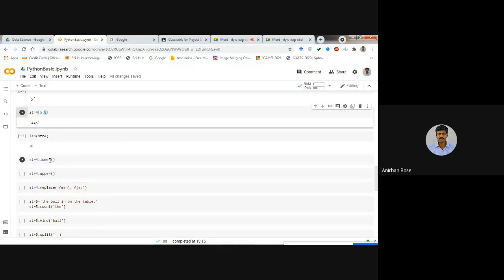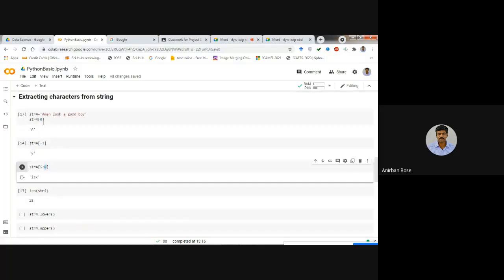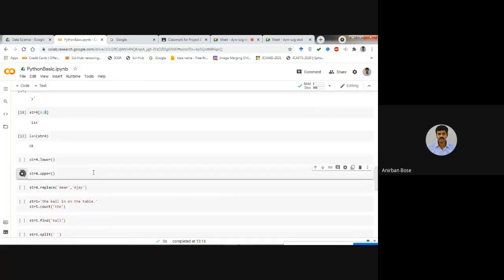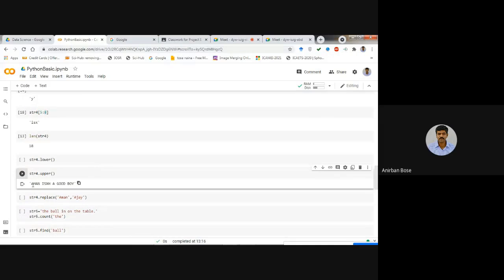Okay, so upper and lower, these are the two methods that you can call, and it will convert the strings completely into upper or lower case. So let us do it here. You see that all the characters are now in uppercase. Similarly, you can do it for lowercase also.